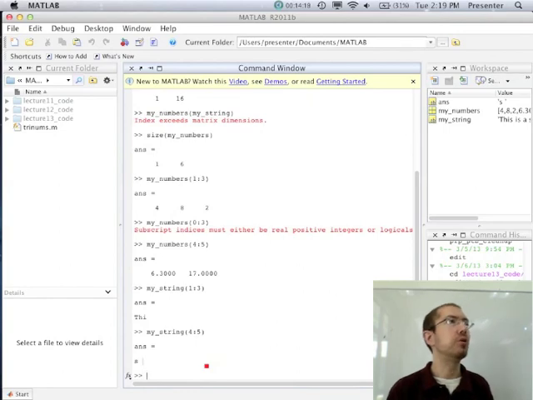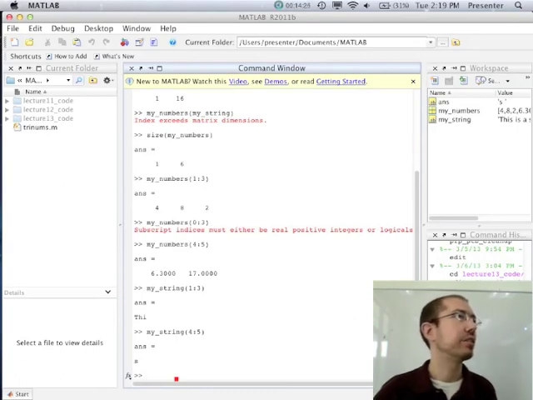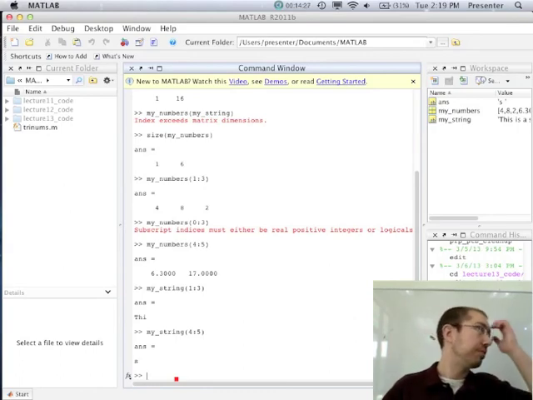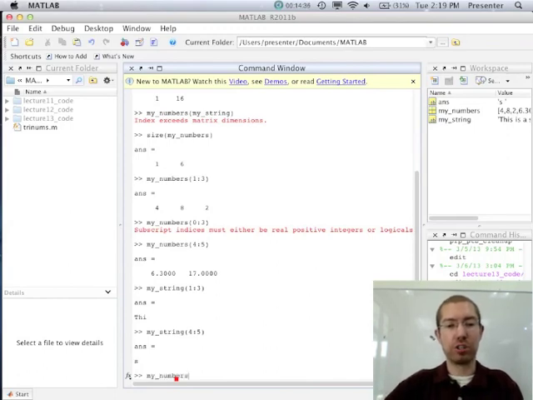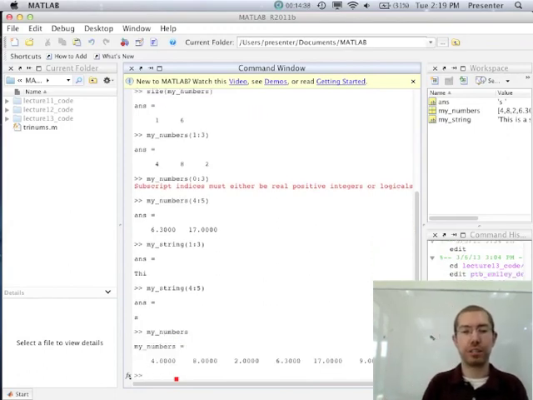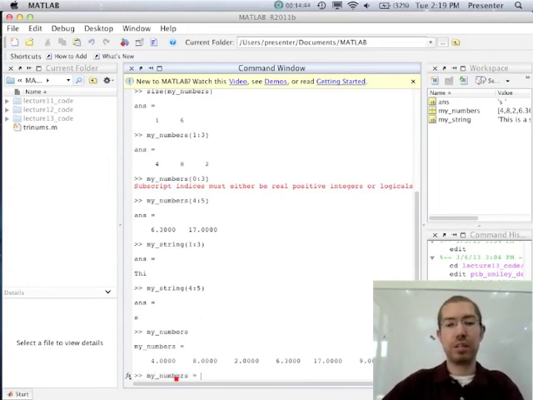So you can use the same notation to access different subparts of both numerical matrices and strings. And you can use similar notation for all kinds of things. So for example, let's say I want to add some values to my numbers. My numbers currently has 6 values in it, but let's say I want to add a few more values to it. I could say something like my numbers equals,